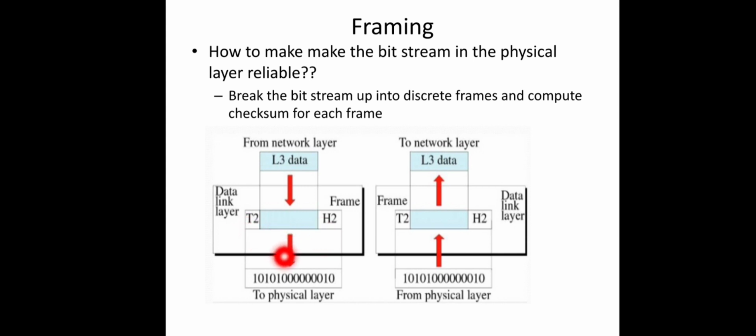And before handing it over to the physical layer, the data link layer will compute the checksum value for this particular frame, and that information also will be added into the header or trailer part depending on the protocol. So the checksum also will be attached with every frame, and that particular frame is handed over to the physical layer, and passed over the media to the physical layer of the receiver machine. At the receiver, the data link layer will recompute the checksum for the corresponding frame.